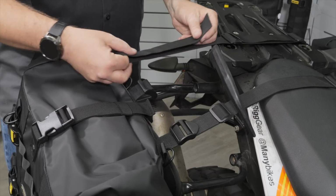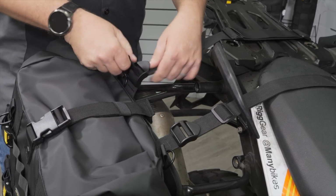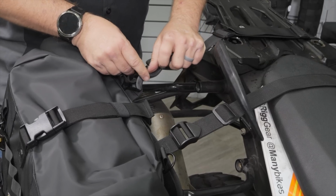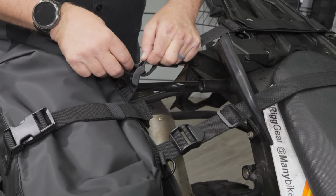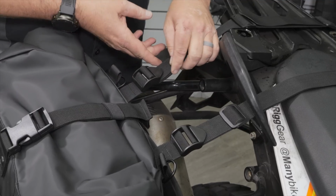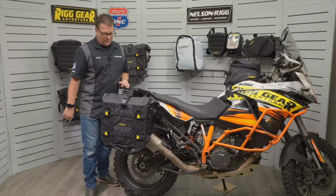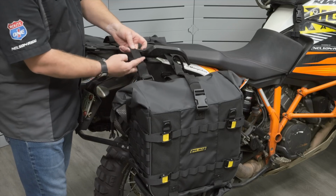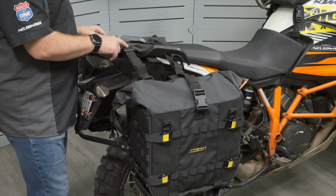So what I like to do is I like to take my web strap, I'm going to fold it over itself, I'm then going to throw that through the tension lock buckle. With that double layer of webbing pulled through the tension lock buckle, I actually now have a finger hold here that I can use to shore up my bags whenever I need to get a little bit more tension on them. I can again clip this off and sear it down, and that's going to eliminate this one extra piece